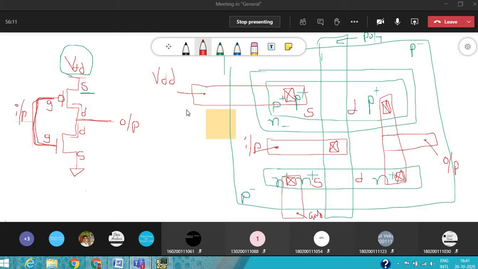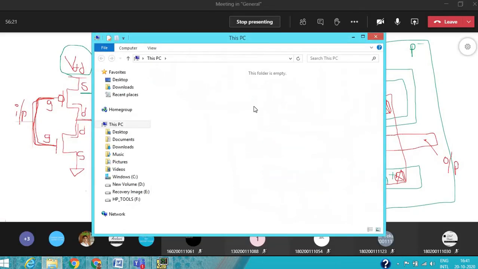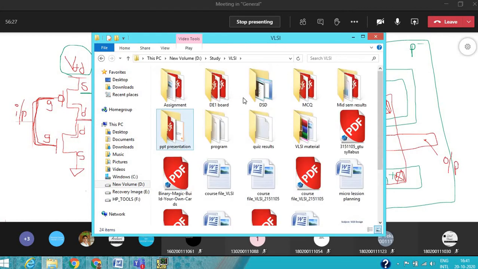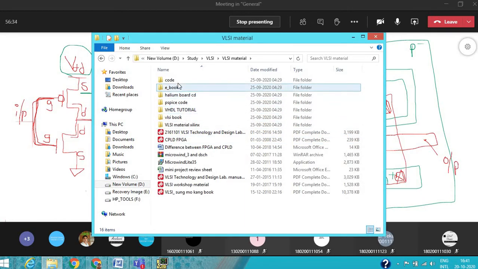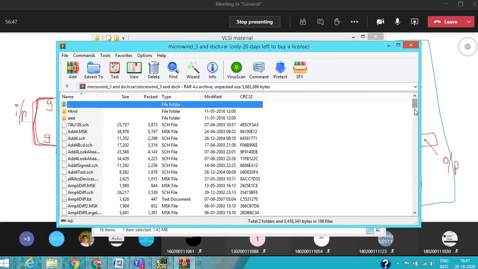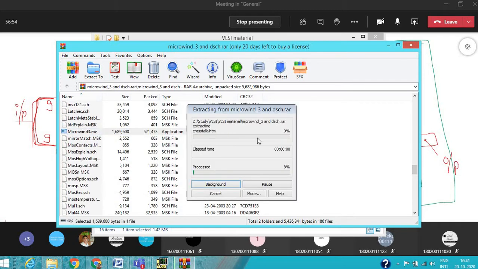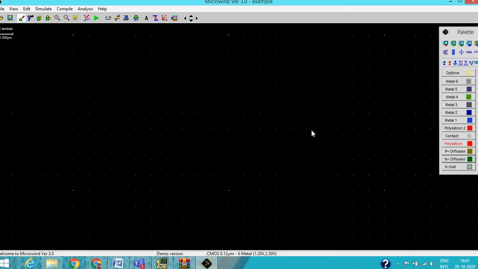Now let's see how it can be simulated using the Microwind software, and how we can draw the layout in Microwind. Let me open Microwind.